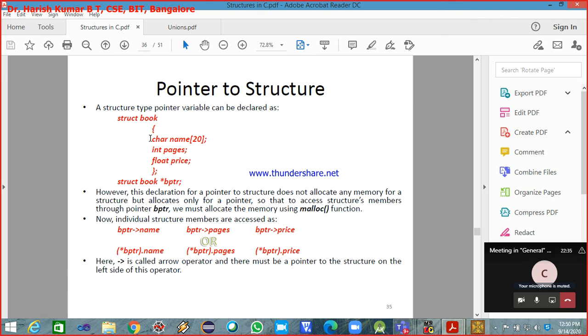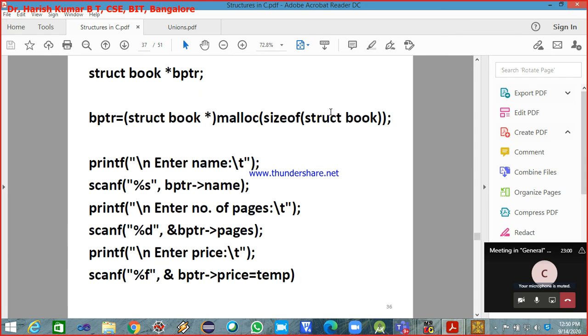A character takes 1 byte of memory. Since we have declared the name as 20, it takes 20 bytes of memory, and we have one integer member, which takes 4 bytes on my PC, and this takes another 4 bytes. So 20 plus 4 plus 4, the sum of memory allocated to this is 28 bytes in total. Now when I say sizeof, this will compute the size of the structure. It is 28 bytes as of now, and what malloc will do is go for allocating 28 bytes